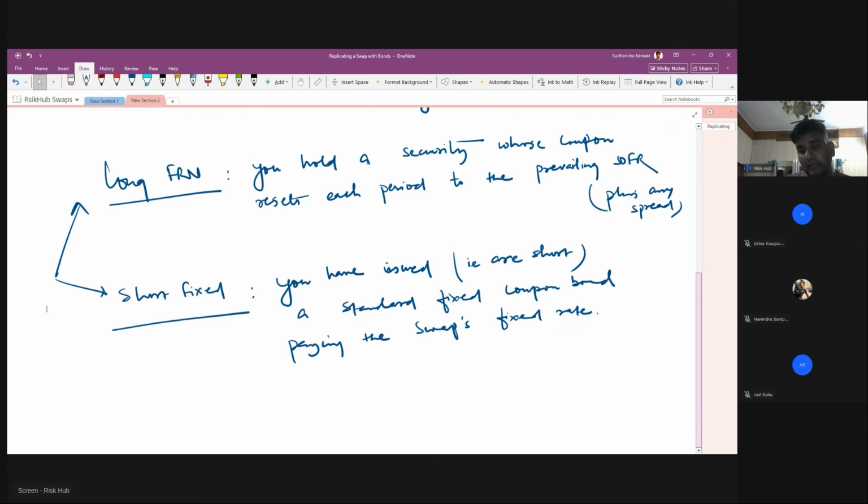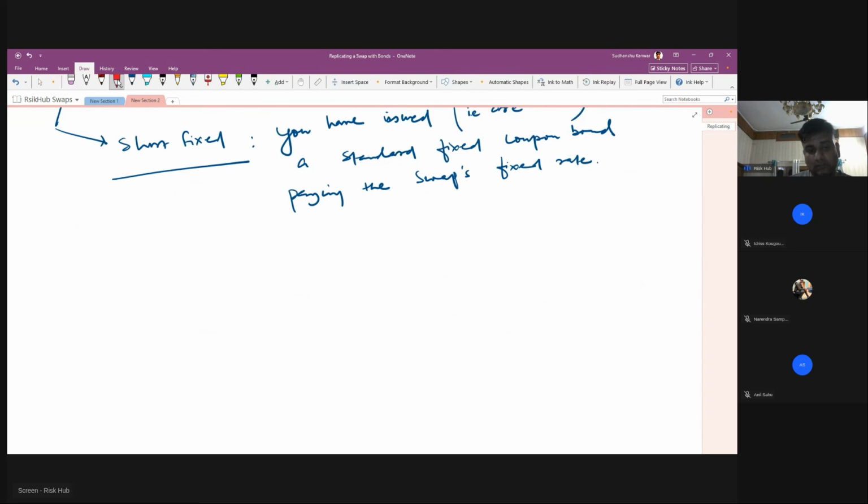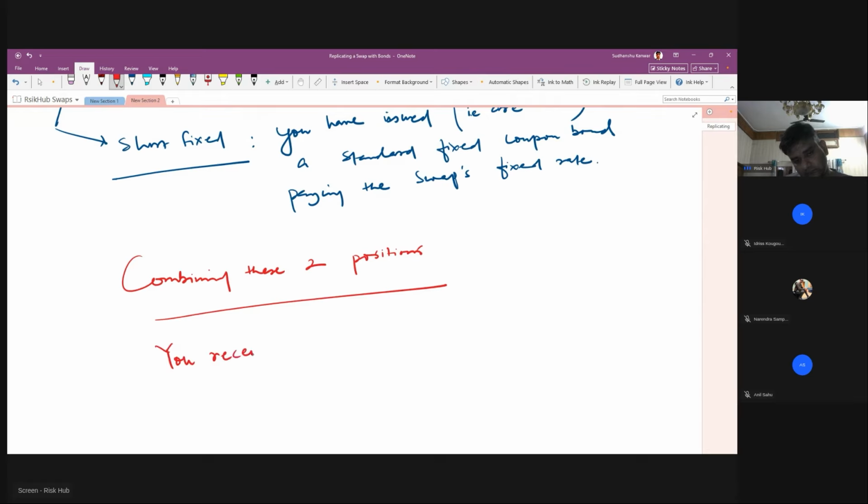What you are doing is, you now have a combined position. Combining these two positions which I talked about above, what am I getting? You have created exactly the same cash flow as the swap. So basically you now receive the floating from the FRN, which offsets the floating leg of the swap,